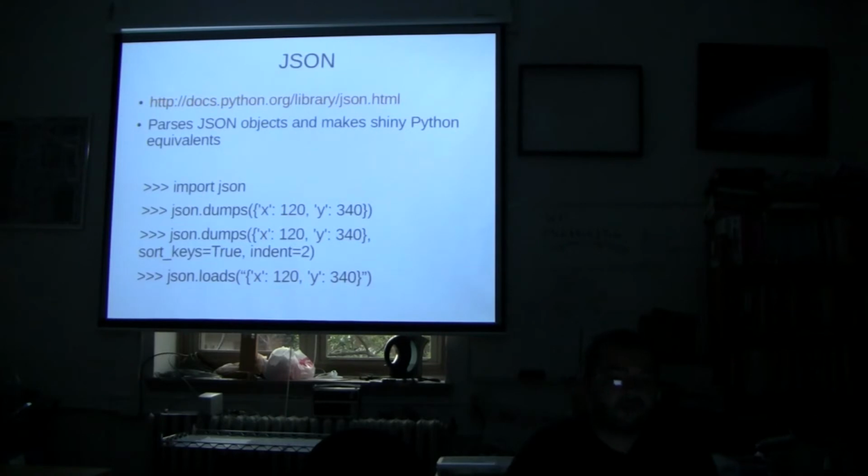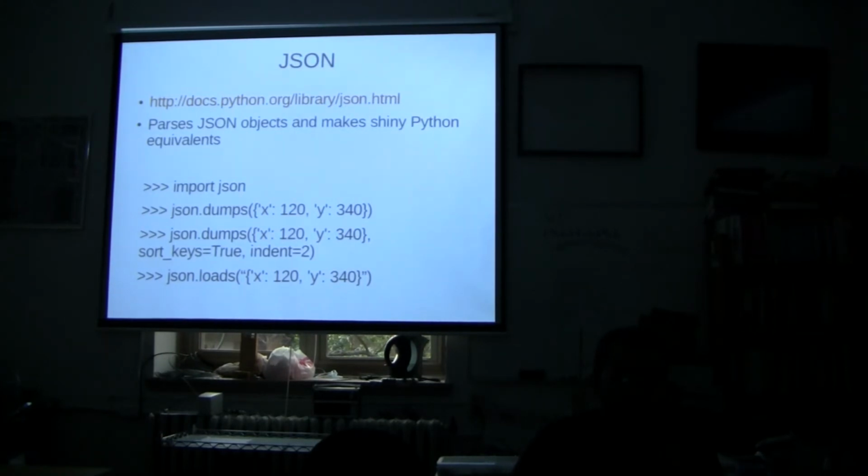JSON is a way of structuring your data that makes your data look like a bunch of key value pairs contained within JavaScript objects. So you have curly braces and single quotes and then a key and then a colon and then your value, comma, and then whatever. So this is just a way to parse that information automatically.